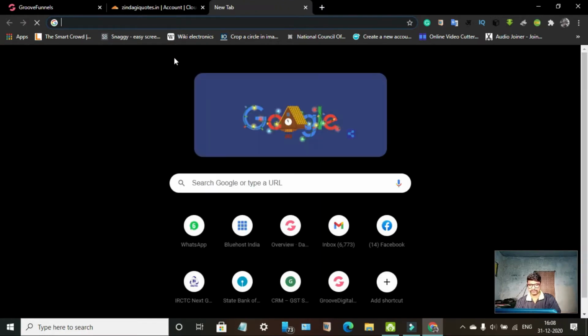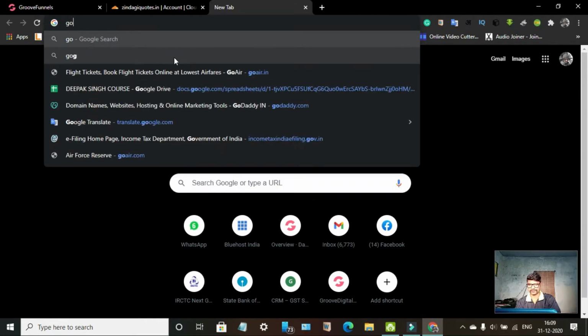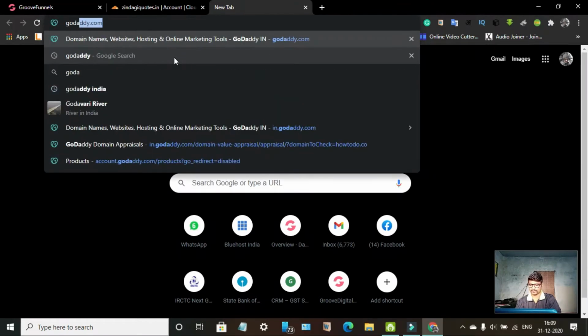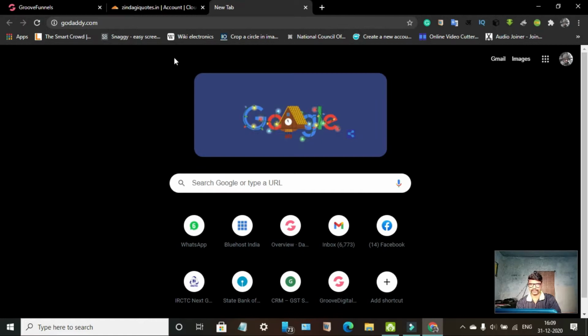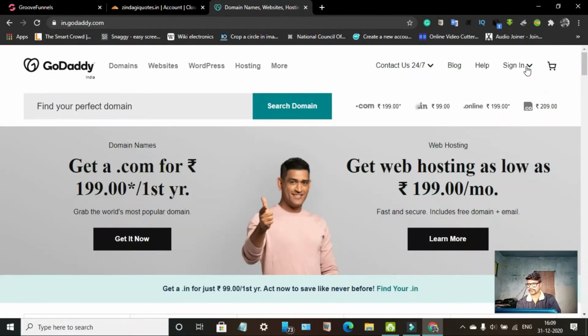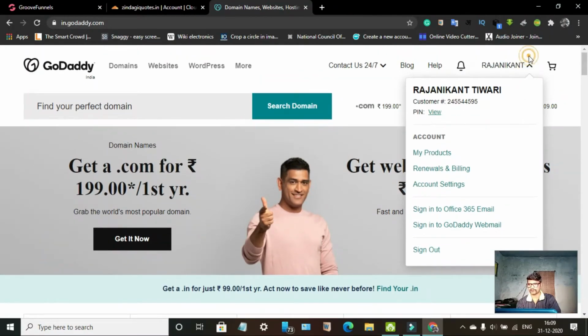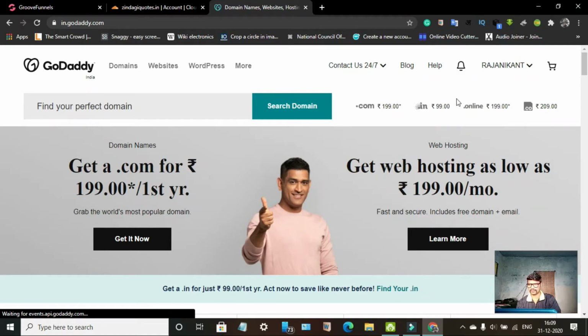First of all, as this domain belongs to GoDaddy, I mean GoDaddy is the registrar of this particular domain, I'm going to my GoDaddy account. Click sign in or sign into your account by providing the required details such as email address and password.